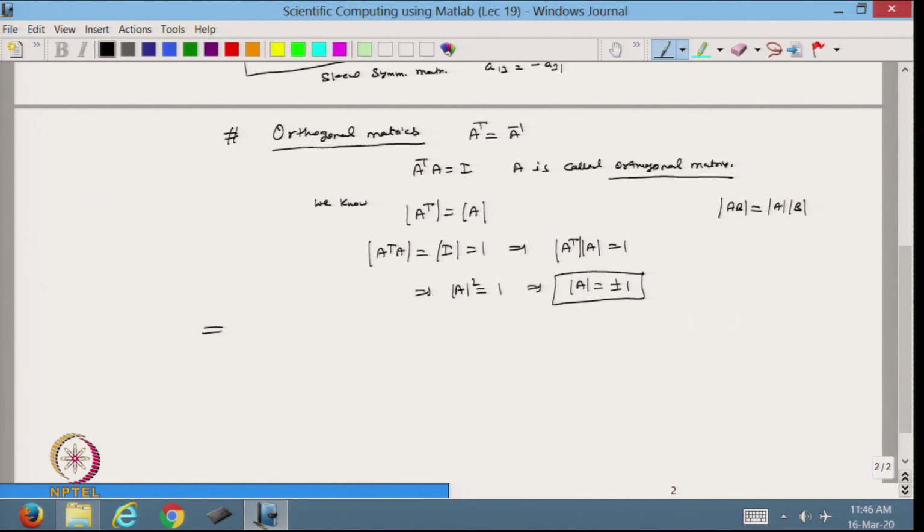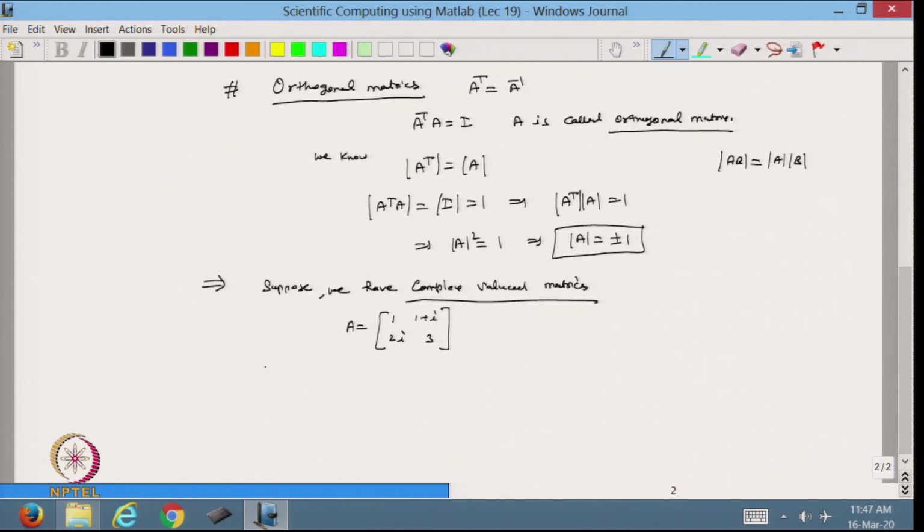Now, we can just go a little bit ahead and then suppose we have complex valued matrices. Like suppose I have a matrix A and its elements are 1, 1 plus i, 2i, 3 like this one. So, in this case the value of the elements is a complex number also. So, this is a complex valued matrix or complex matrix. So, in this case if I want to define the